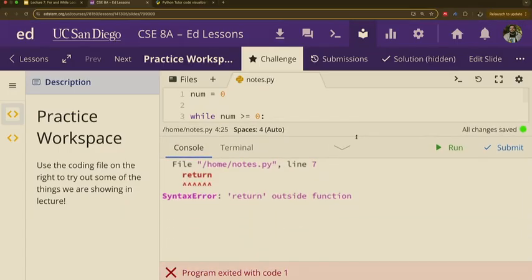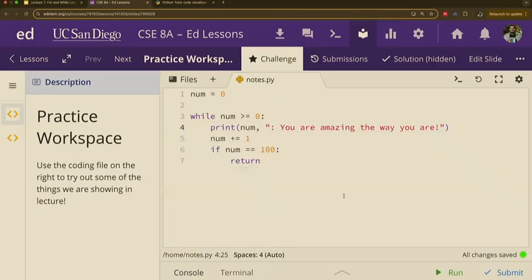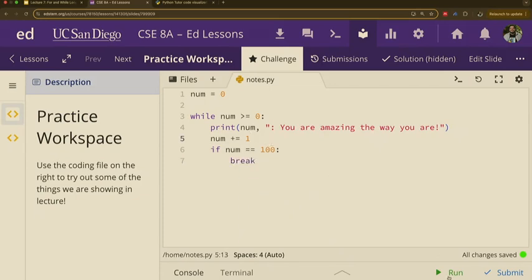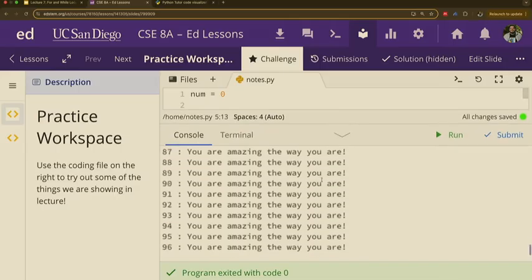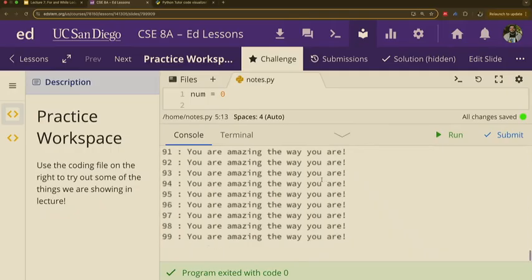We said return, but return is only if we're inside of a function. We're not writing a function here. That's okay. So what word can we use instead of return? Break. Boom. Okay. We run that. We get all the way up to 99, which is totally fine because we start off at 0. And we did it 100 times. Fantastic.